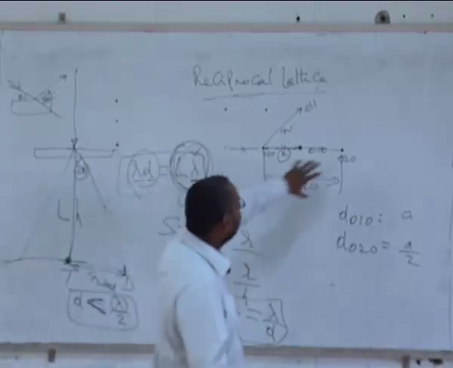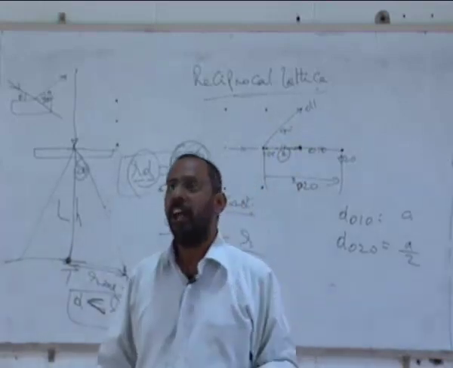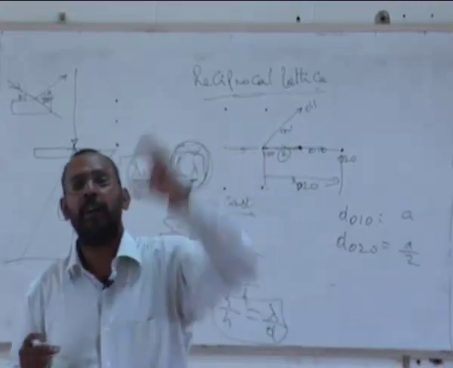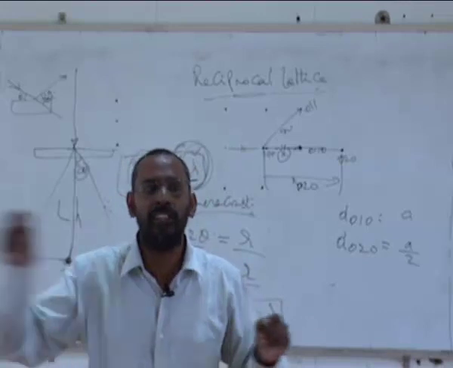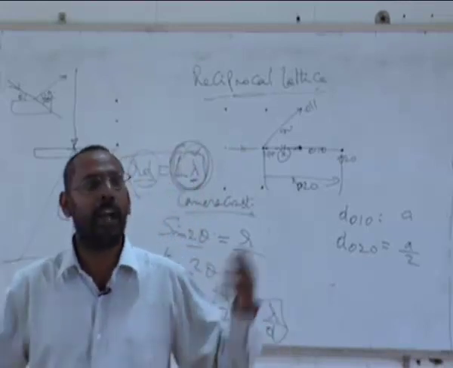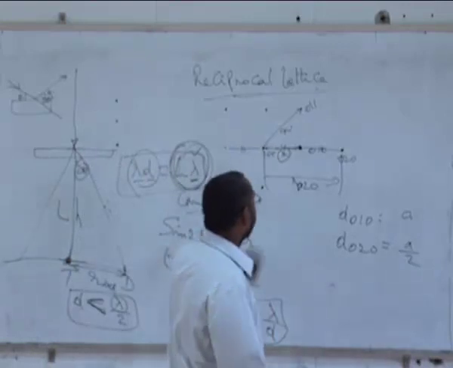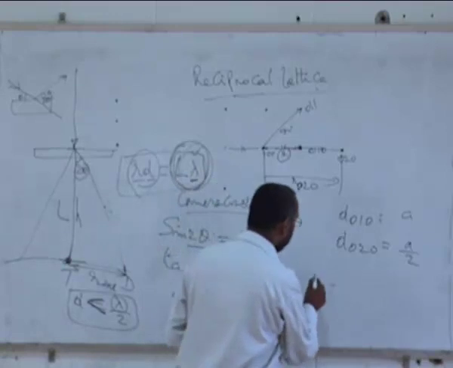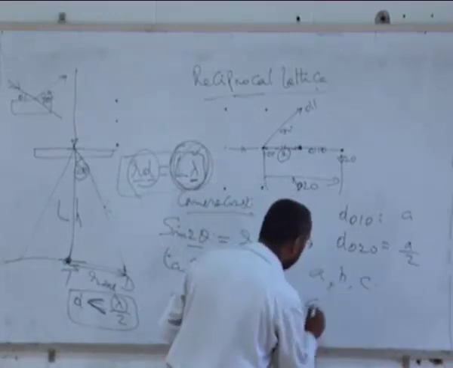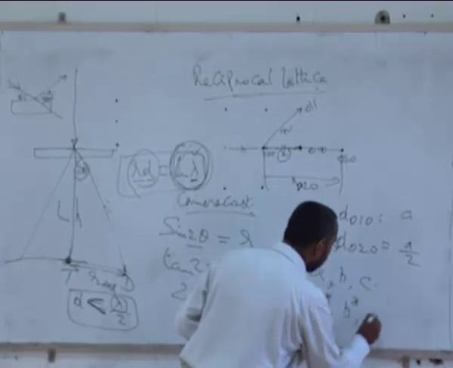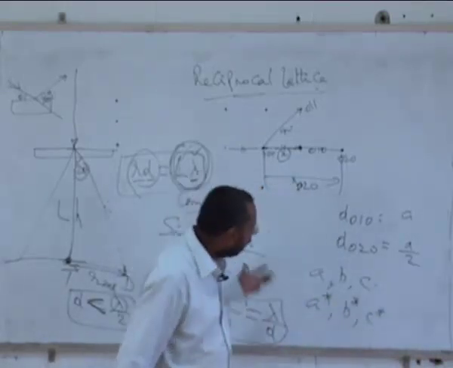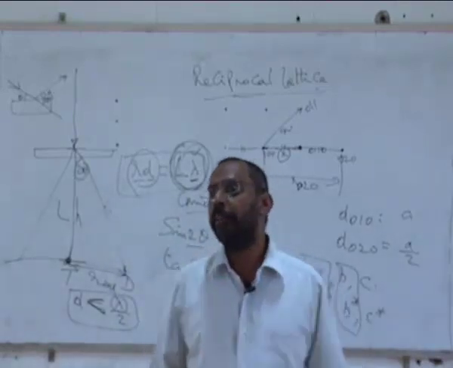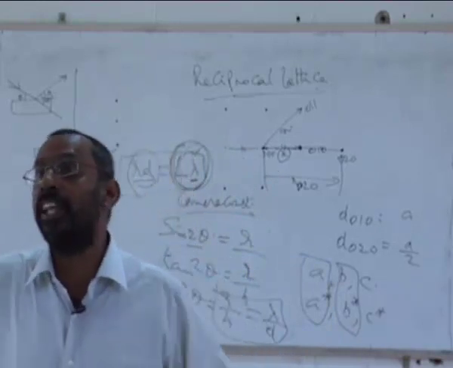So as a result, I can call this particular lattice a reciprocal lattice, and people treat this as a lattice with certain parameters. Like a real lattice has X, Y, Z, A, B, C, alpha, beta, gamma, similarly, people also treat this as a unit cell with certain distances. If you have A, B, C in a normal lattice, people use these terms called A star, B star, C star, and find out relations between these to be able to see whether this particular reciprocal lattice can be related to the real lattice.